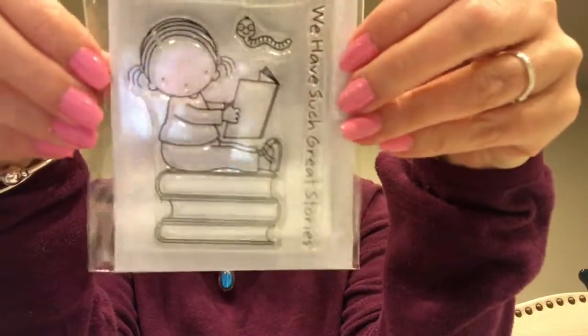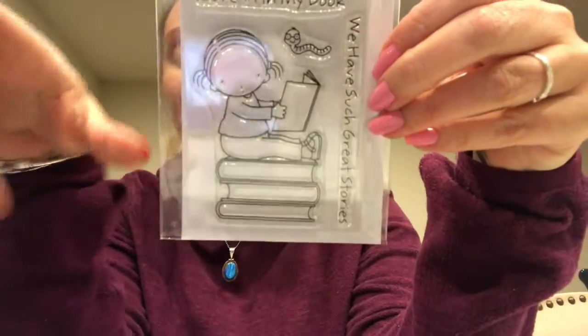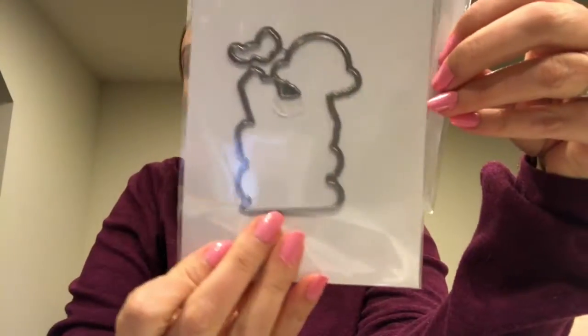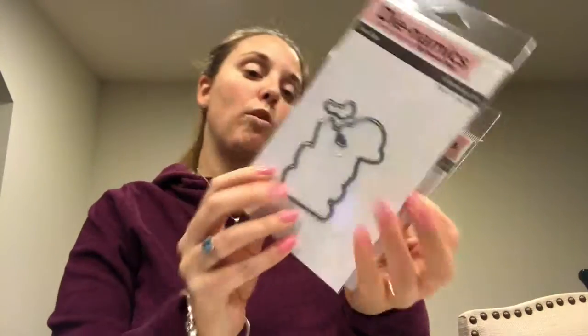Staying with the bookworm theme, this pure innocence little bookworm girl sitting on top of the books. Again, thought of the 3 girls with that. And then here's the accompanying die with the little girl and then the worm. So cute. Okay. Now, a couple releases ago, I got the,